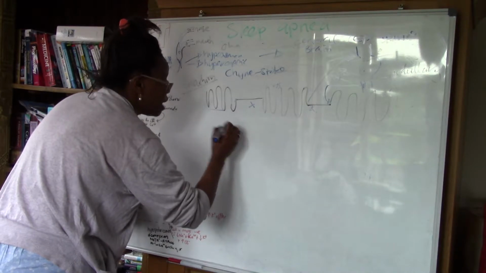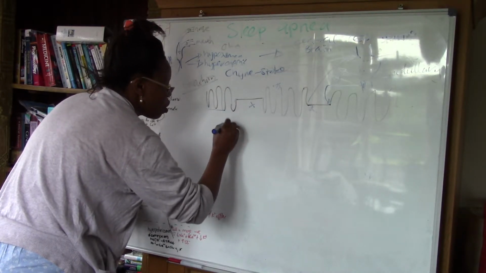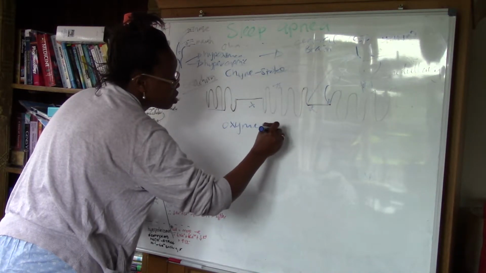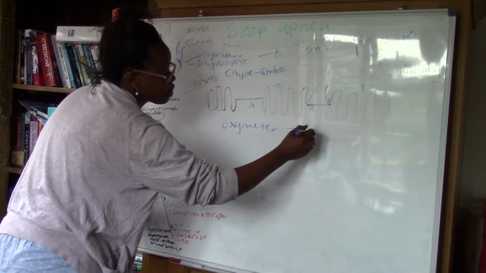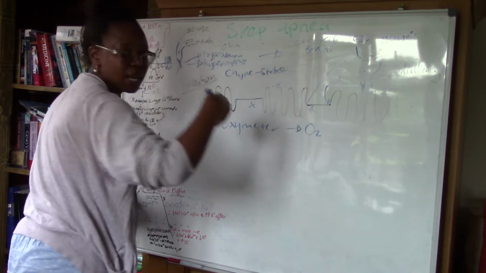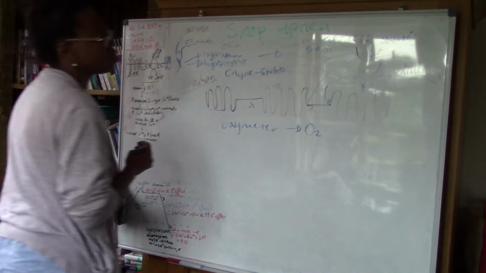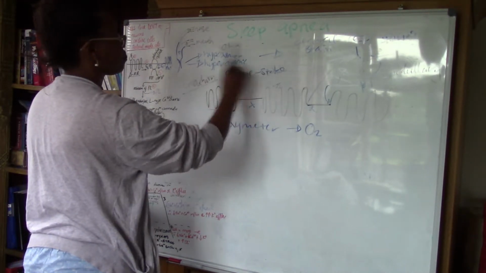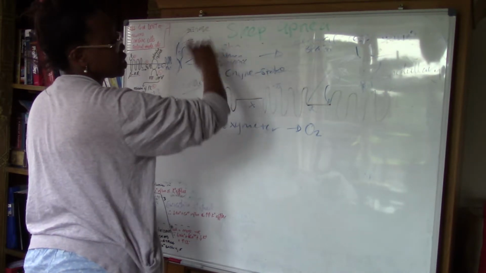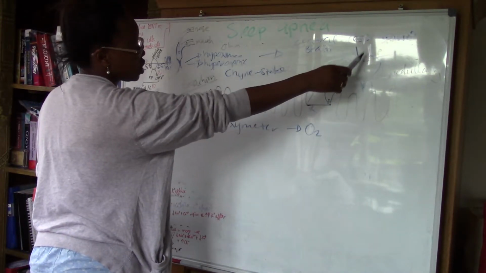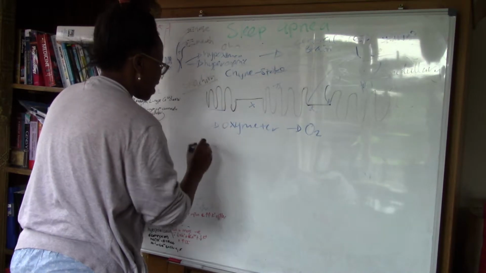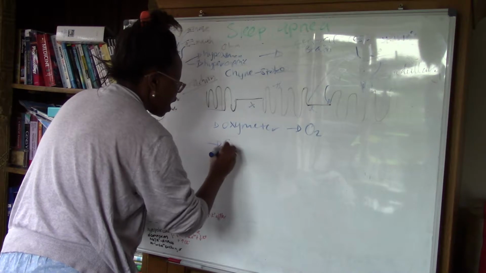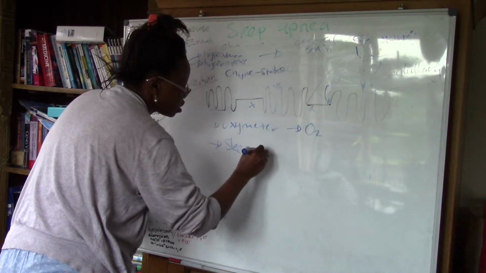Things that can be done, the most important thing are things like an oximetry, just measuring the oxygen that's available in the blood, to see if this is a much more localized issue, or if this is a central issue. And then from there, definitive diagnostic tests that can be done are sleep studies,